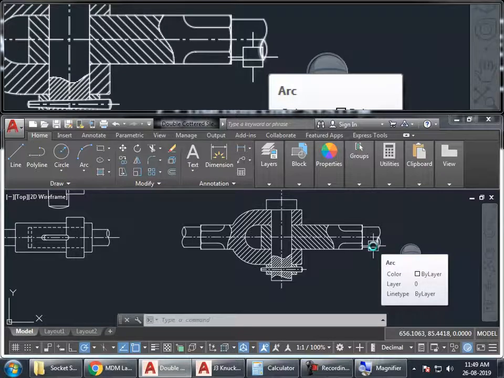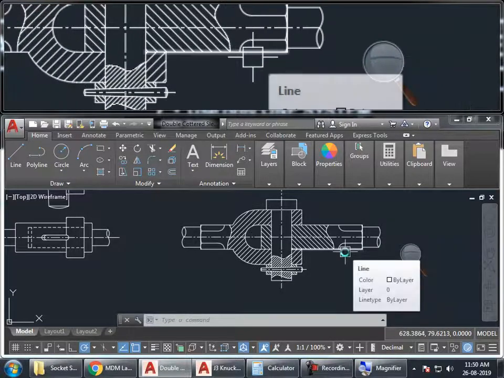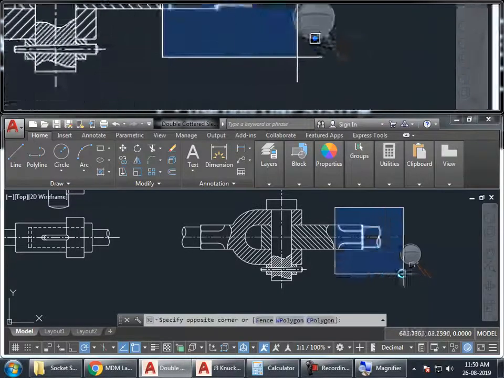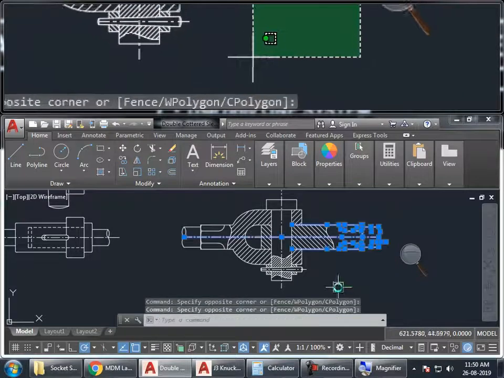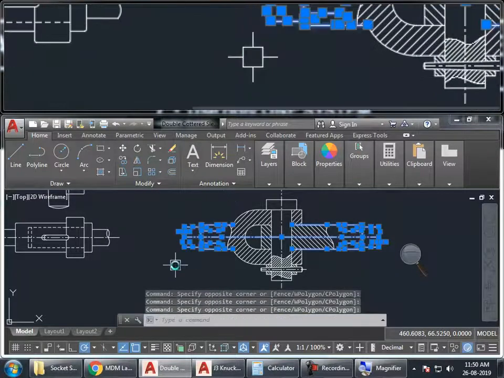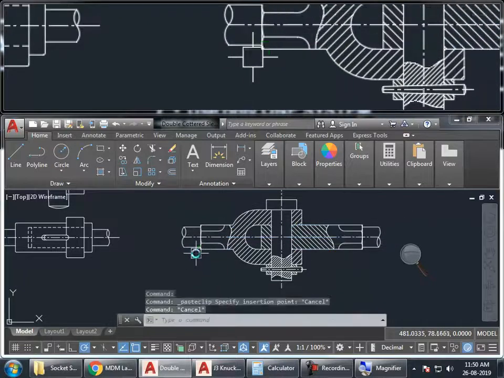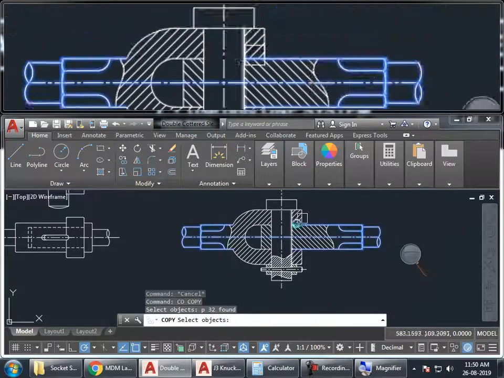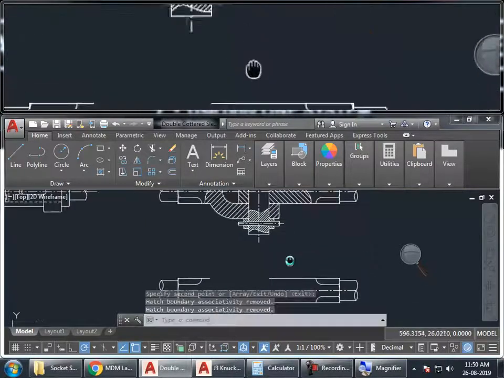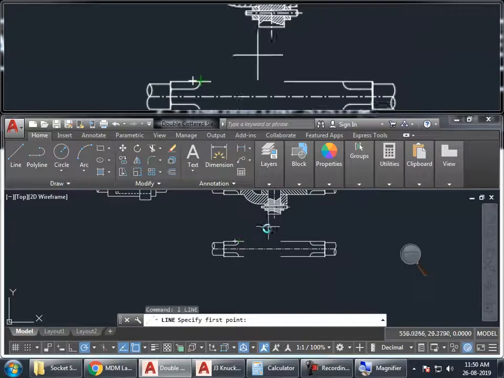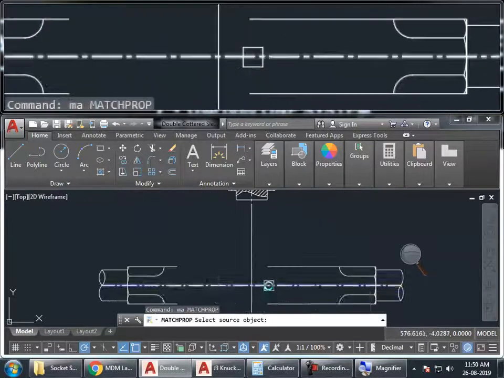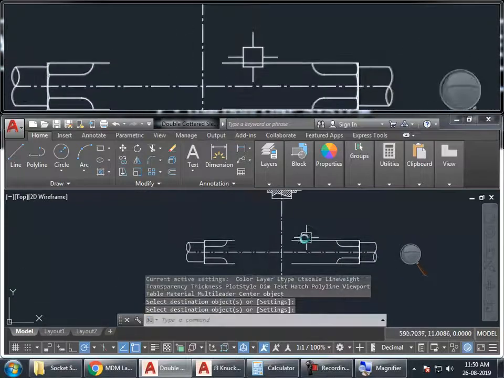Okay? So similarly, you can complete the top view. But for the top view, I cannot copy it. Only this starting part and ending part I can copy. Only this much I can copy. Fine. And then take an axis here also. This is also the axis. From here,